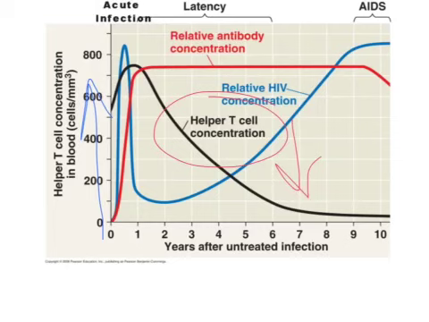As the helper T cells decrease, remember you're not able to activate those B cells, so you can't make antibodies. As most of you know, most people infected with HIV die from secondary infections because you're killing these helper T cells. You're breaking down the cell membrane of the helper T cell, so that kills it. HIV can stimulate apoptosis of the helper T cell, and it can also trigger cytotoxic T cells to attack the helper T cells. So a wide variety of things that HIV